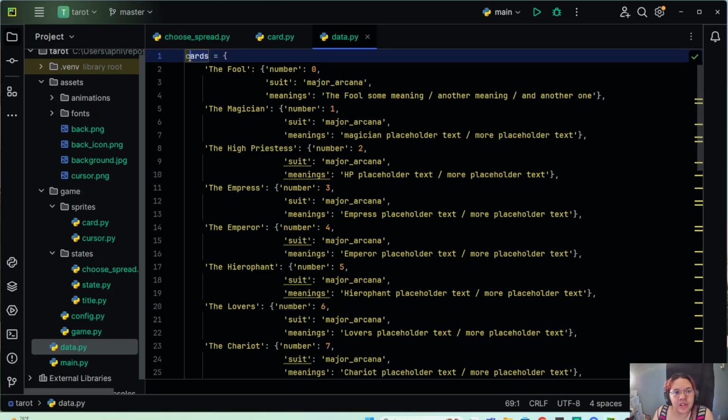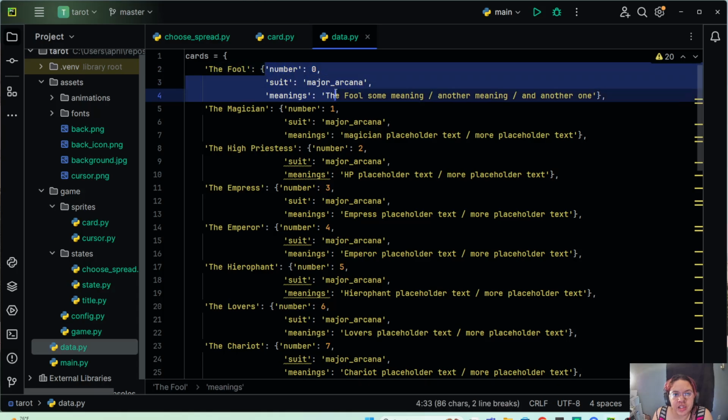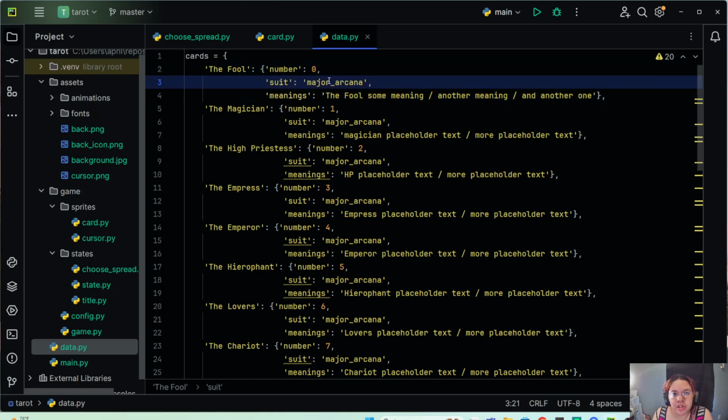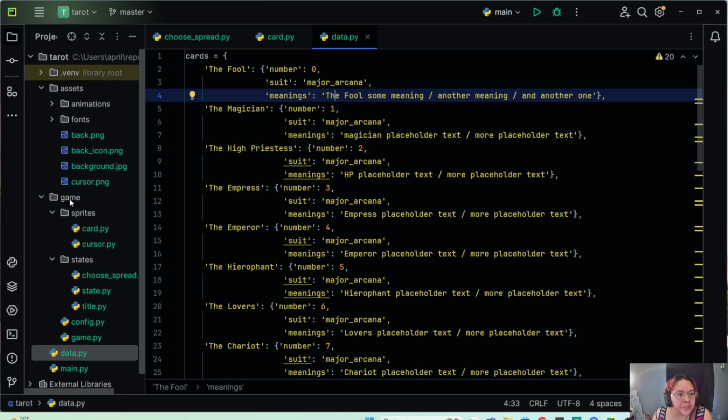And this just has a cards dictionary that contains several dictionaries, where the key is the card name, and the dictionary that it contains has 3 keys: the number, the suit, and the meanings. And I did it this way so that we can access the correct card image, because if you look at our assets, which are here,